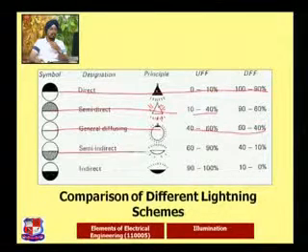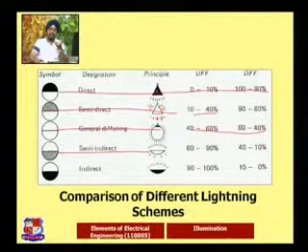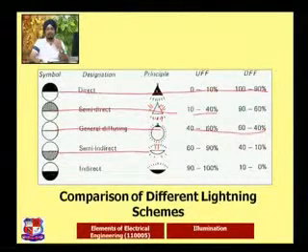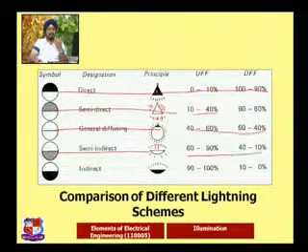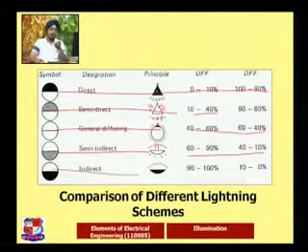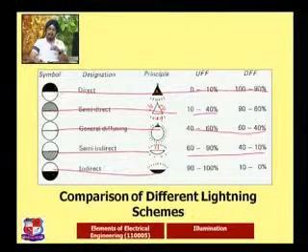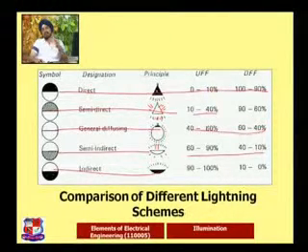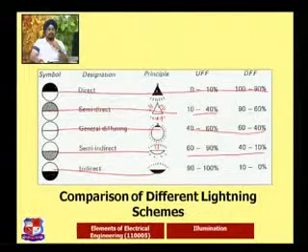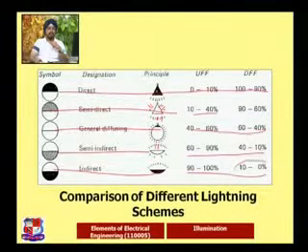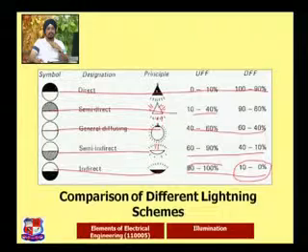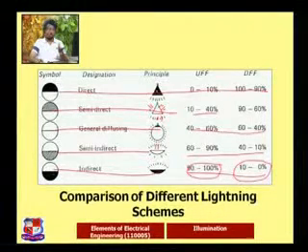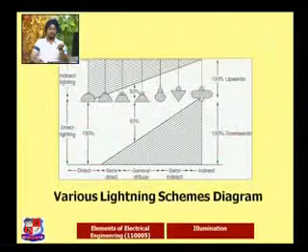Similarly, the semi-indirect one, where indirect is dominant, and that's why the downward energy is less, but the ceiling side or the upward energy is more. So 60-90, and accordingly 40-10% is maintained. Indirect one, no light comes directly at the object, but indirectly it will fall onto the object, what we have discussed. So only 10% comes to the downward side directly, otherwise the rest comes the indirect way. So that is the comparison of the different lighting schemes.